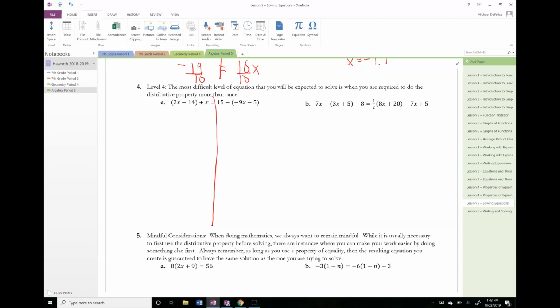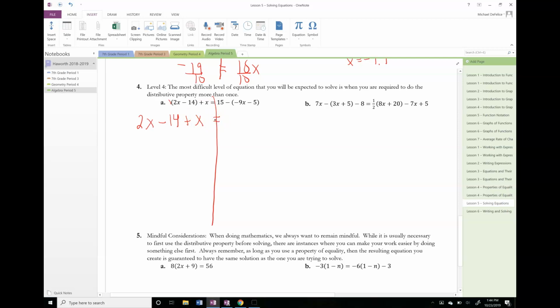Now, since there's no number attached to it on the outside, this is like saying you have one group of 2x minus 14. So really, the parentheses here are not necessary, so I can just remove them. If I distribute a 1 through, I would get exactly what's inside the parentheses: 2x minus 14 plus x equals,